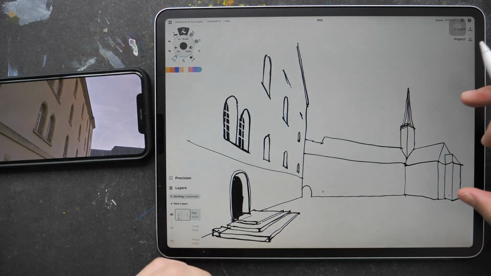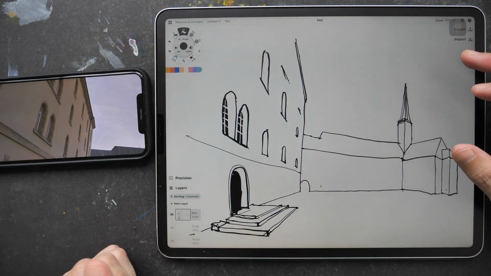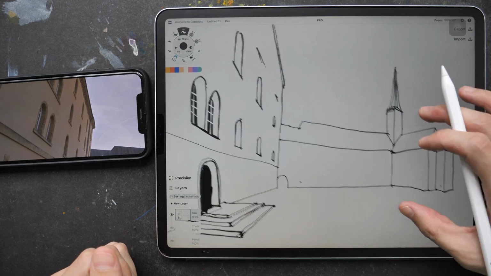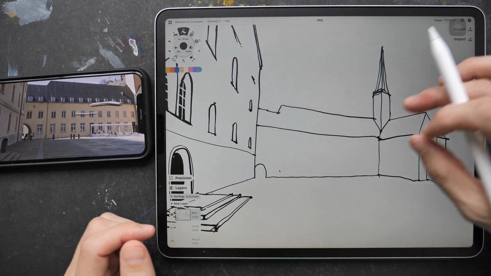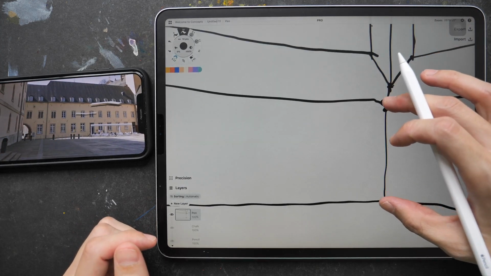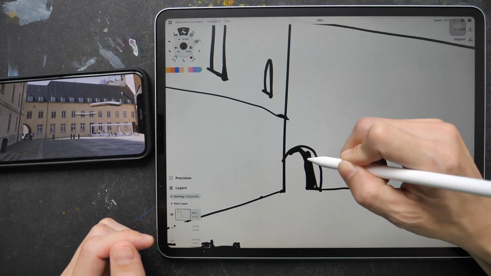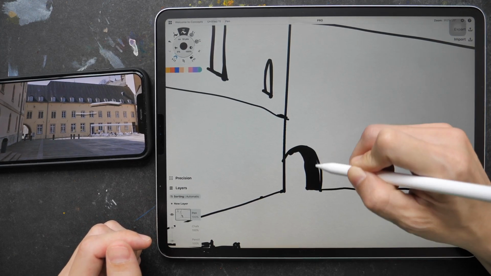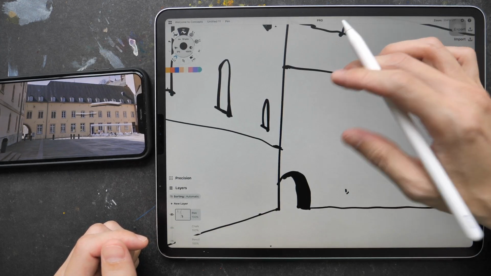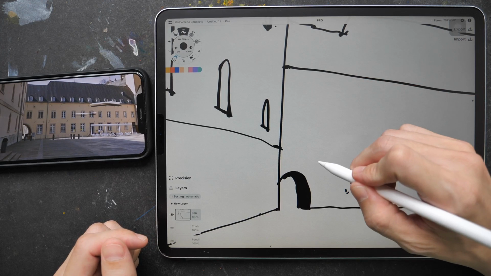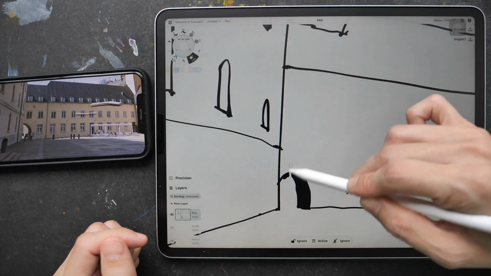This iPad is the 12.9-inch iPad, and this app that I'm using is Concepts. For all the other windows, I'm not going to draw all of them, just maybe a few. This area here looks like a walkway, so I can color it in black. There is a window here on the right side. This walkway, I need to correct again